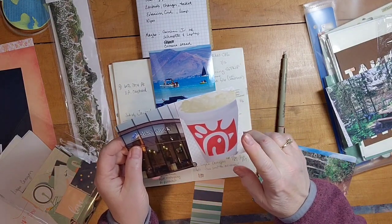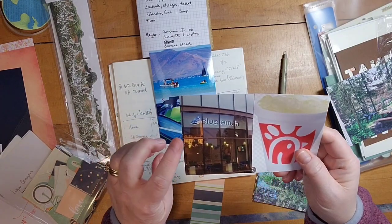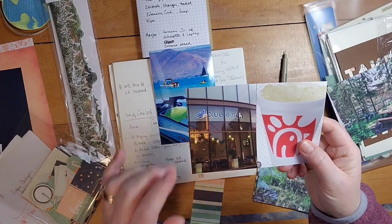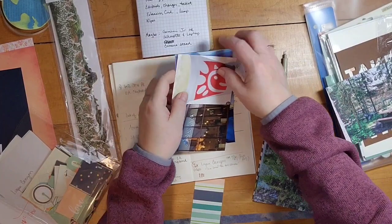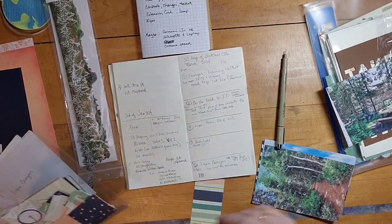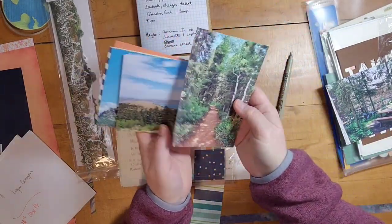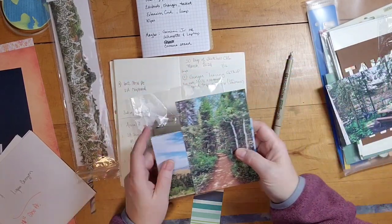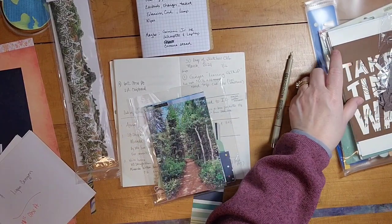I did the same. I want to have a page about just some food that we had on the trip and a few things about that. I didn't have a picture of this restaurant where we ate, and I love Chick-fil-A's sugar-free lemonade, so I took a picture of that too. And then I have these photos of Logan Forest? I don't know. I have it written down. Anyway,